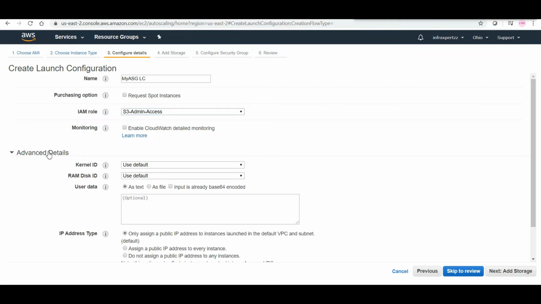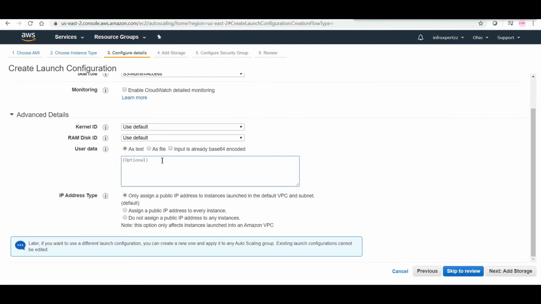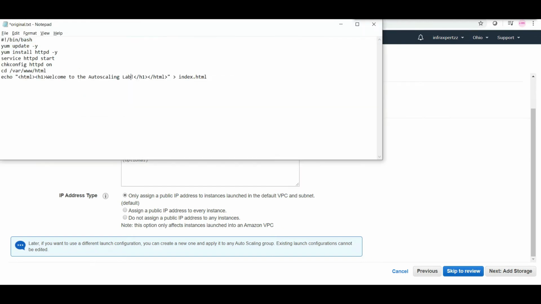And in advanced details, if you see here, we can give the kernel ID, RAM disk, and all these things. We'll just put our bootstrap script, which is much similar to what we used earlier. We will be updating our OS with yum update.